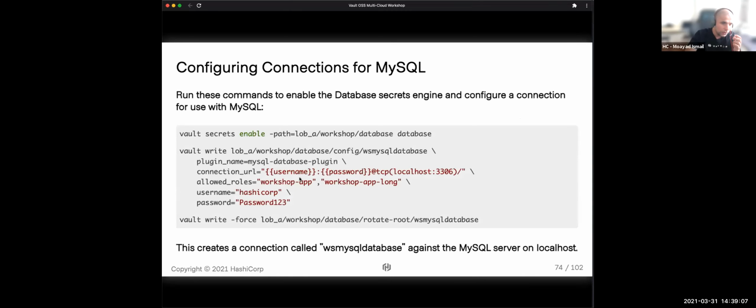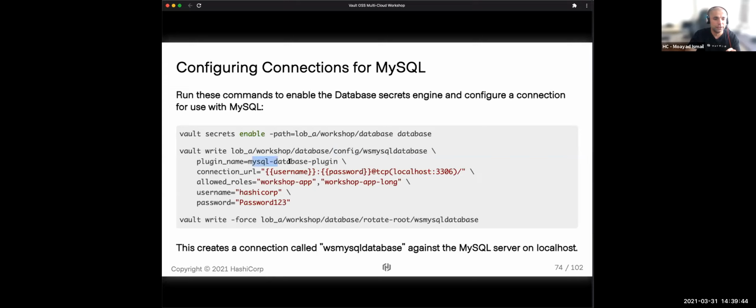Here's an example of how to set up the secret engine. As you can see here, vault secrets enable. We're setting the path, and as you can see, the path is very flexible. You can set it to represent a line of business or a project. It's really up to you. And it's of type database. Once we mount the secret engine, we then need to configure it, and we do that with a vault write. We use the path that was used here, go to the config endpoint, and configure it with these details.